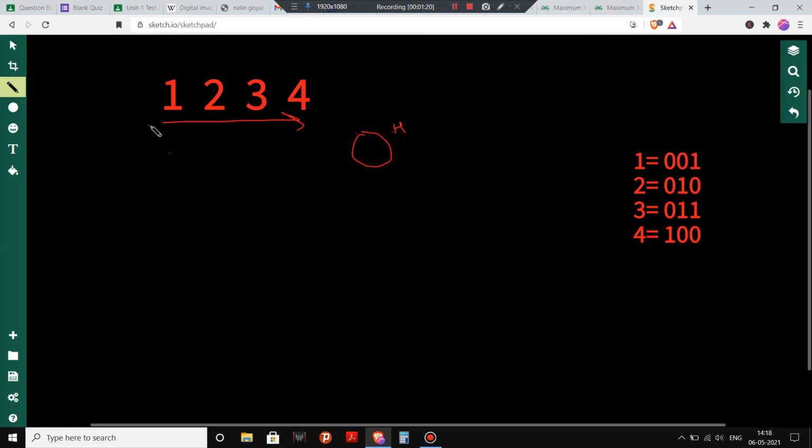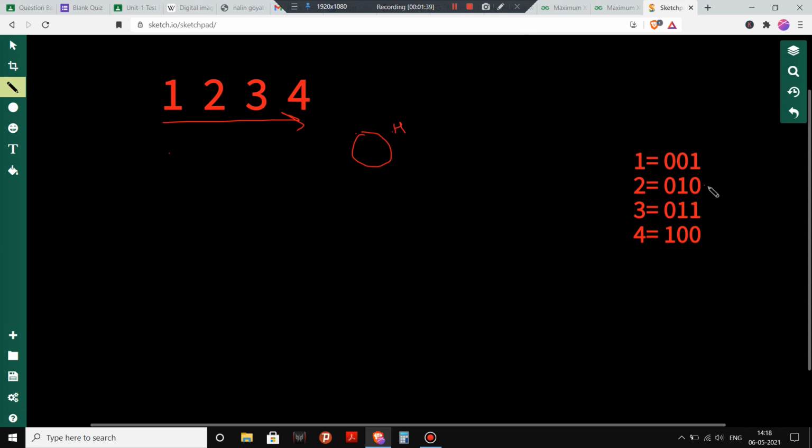Here I have this example 1 2 3 4, and I also have the binary representation of 1 2 3 4. The binary representation of 1 is 0 0 1, of 2 is 0 1 0, and then 3 and 4. Now, here I have a head node.